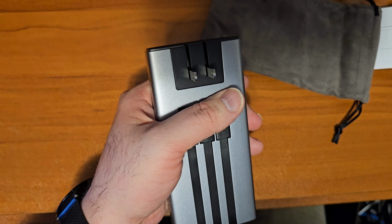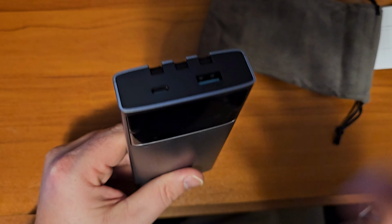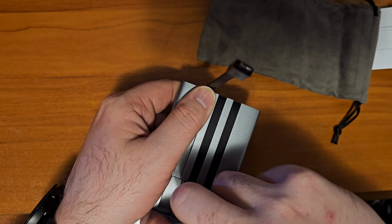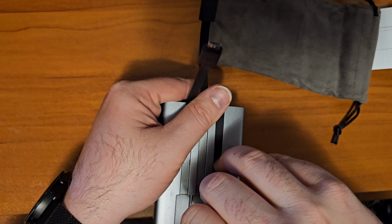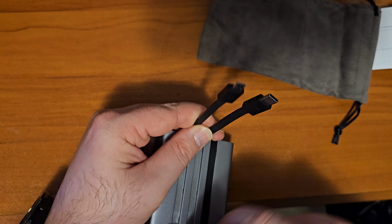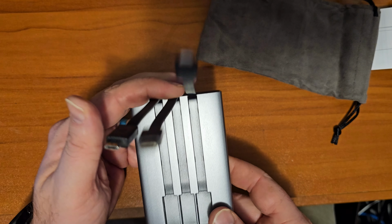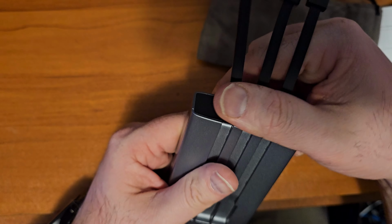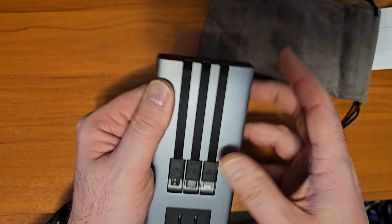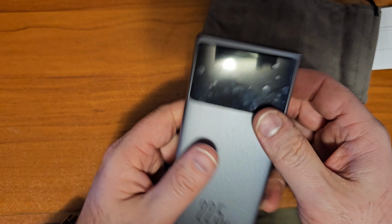But it also has an AC plug built into it. So you just plug into the wall or into a charger, which is kind of cool. And it has your most common cables built into it already. So you've got micro B, USB-C, if it ever comes out, Thunderbolt, lightning, that's it, lightning, iPhone, built into it. So that's kind of cute, depending on how long they last. Once they break, that might suck, but till then,